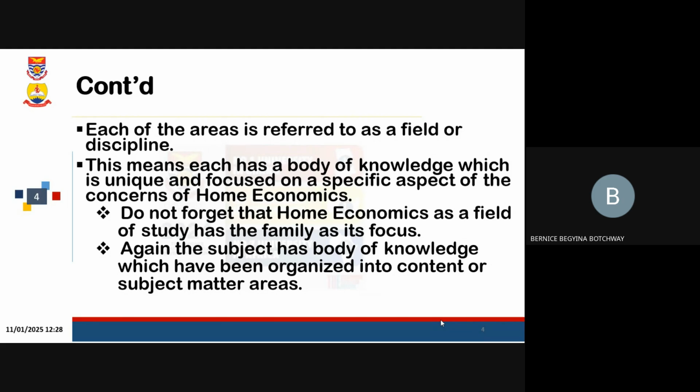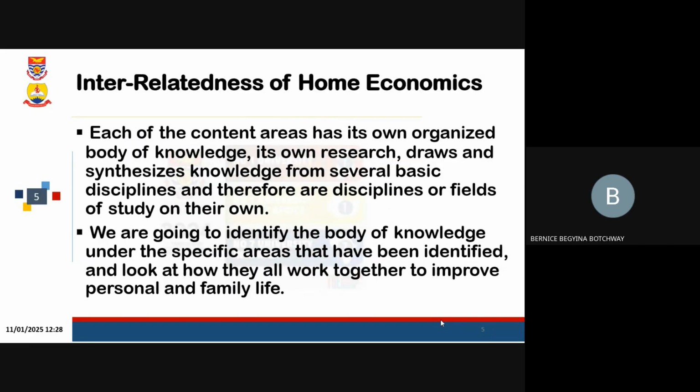But when it comes to home economics, we want to say that each distinctive field that we learn has an effect on, or is related to, the other areas. That's the interrelatedness. Interrelatedness is just a normal English word. It means each part of an object is so connected that they have effects on each other, or the functions of each part depend on each other.